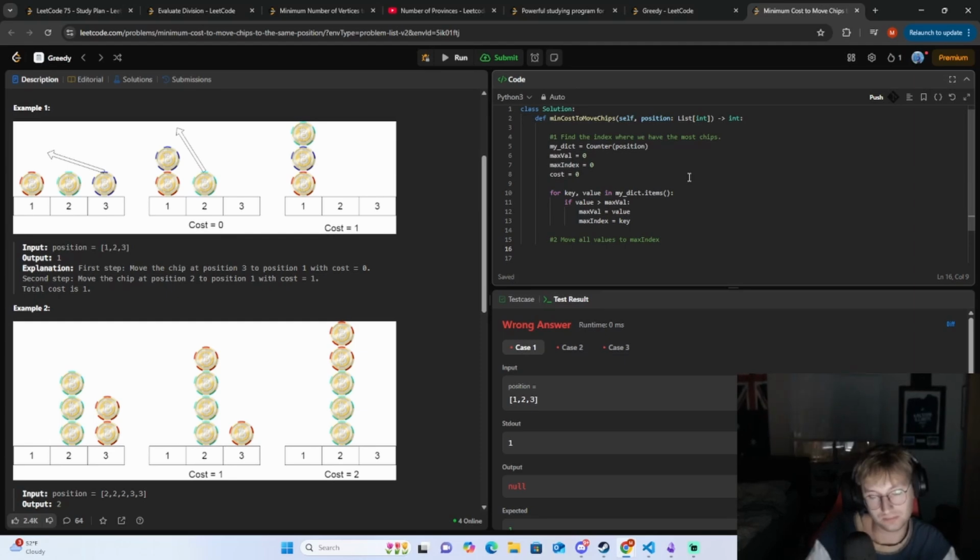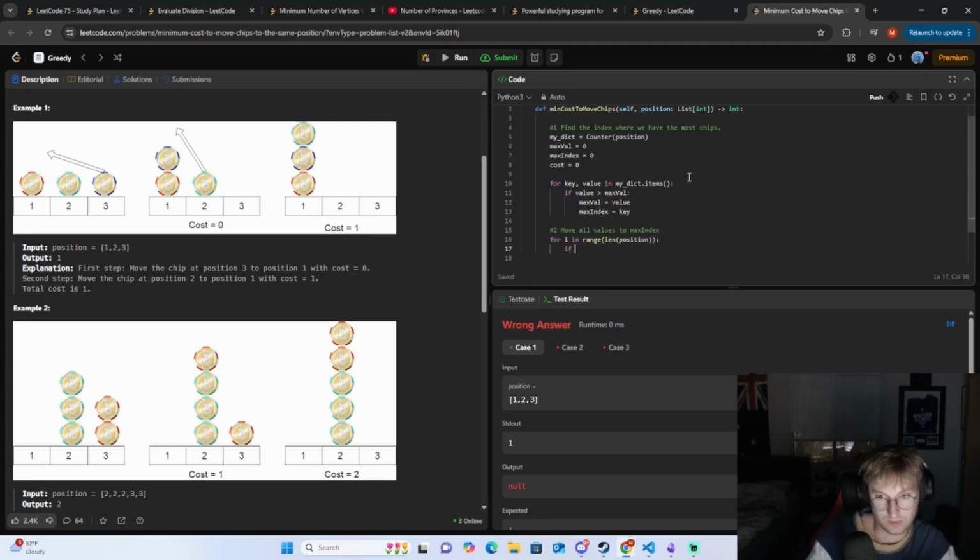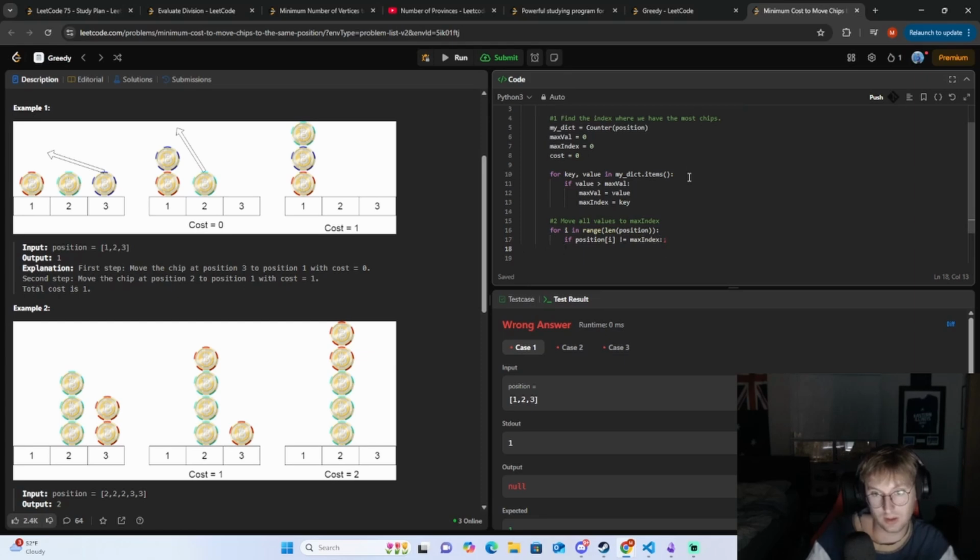Okay, now we loop through I in range length of position. If position I is equal to max index, okay, position I does not equal max index, then we need to